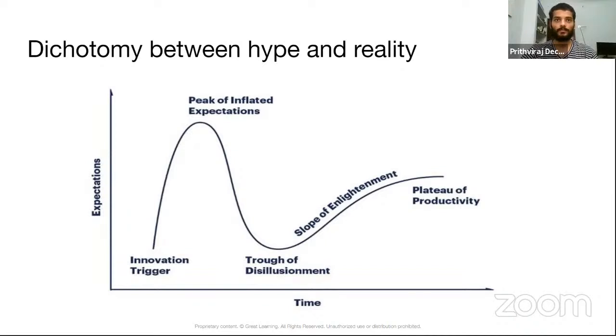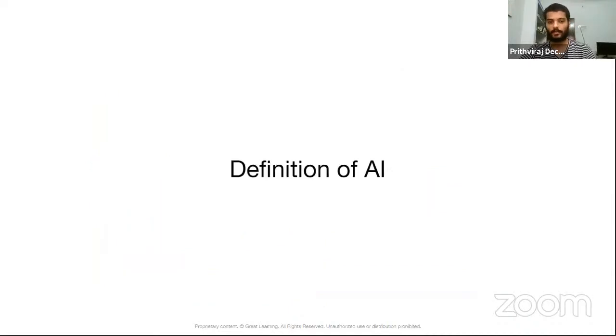Now, the definition of AI has never been one. The definition of AI has always been evolving over the years. Anything that felt smart for a machine to do was called artificial intelligence, and this definition kept evolving. Right now, if a machine is able to do something that takes some amount of intelligence or understanding of the environment, and is able to respond to the environment, we call it artificial intelligence.